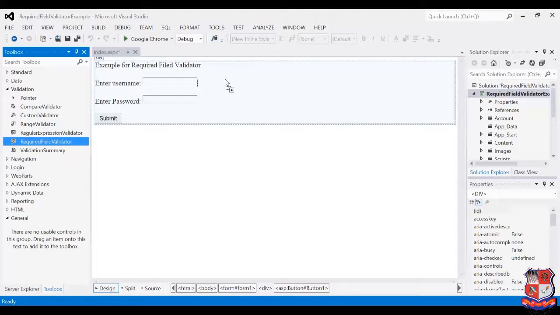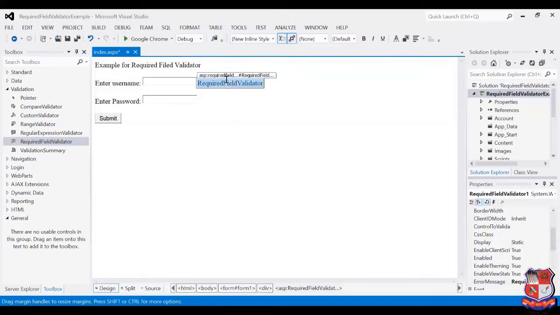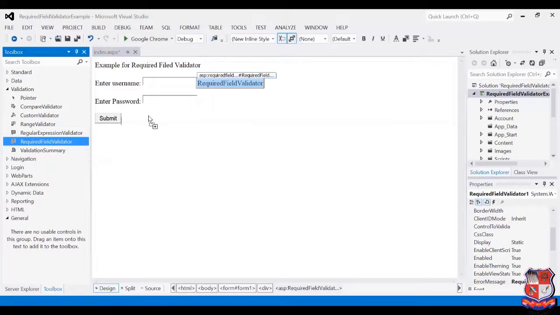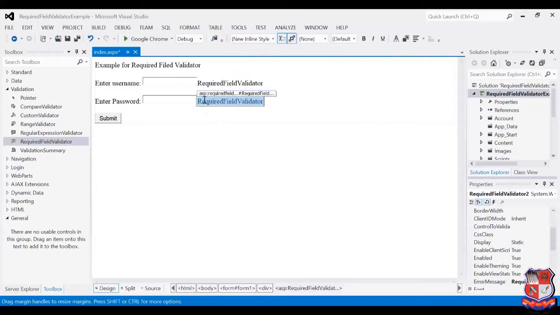If we want to validate the username, we drag that control just beside the text box of username. Then we take another required field validator for password and drag and drop it just beside the text box of password.